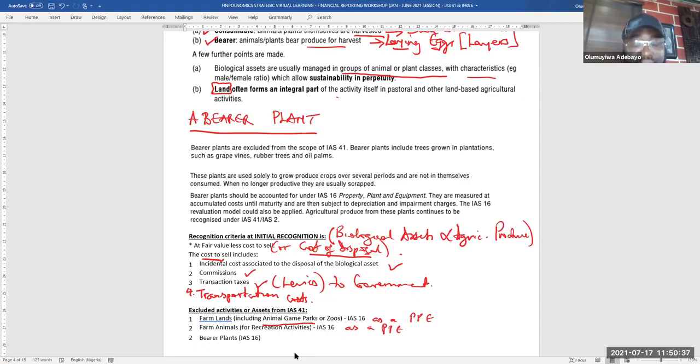And lastly, bearer plants. Bearer plants by nature are biological assets, but because most of their substance is involved in ultimate production, similar to what PPE would have done by way of usage, they are more or less scoped out of IAS 41 and are treated as an item of PPE. If that is the case,